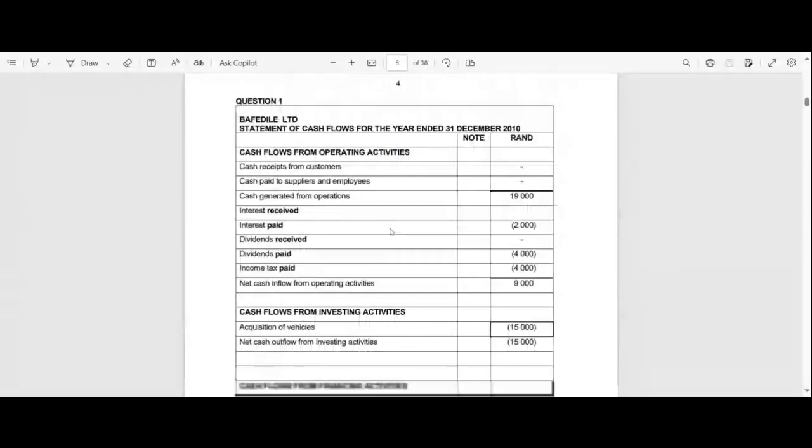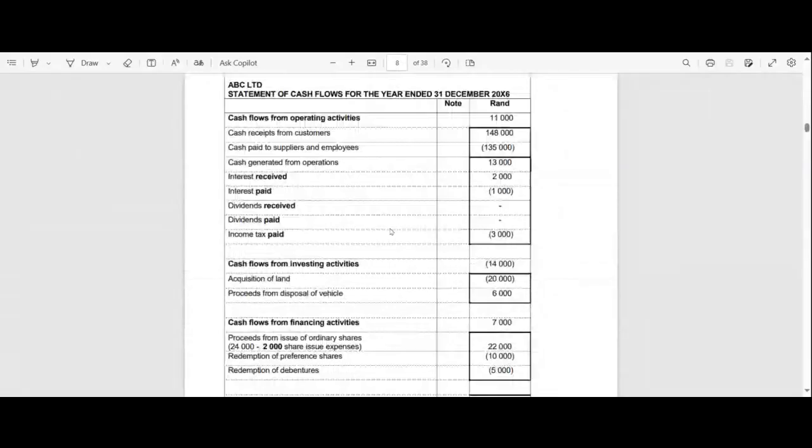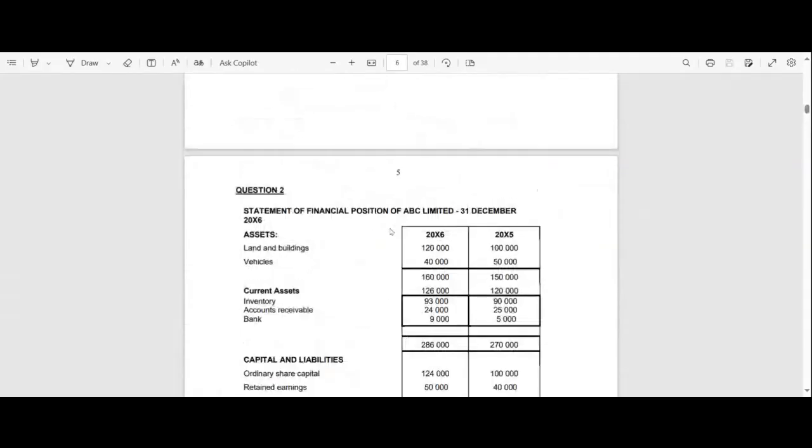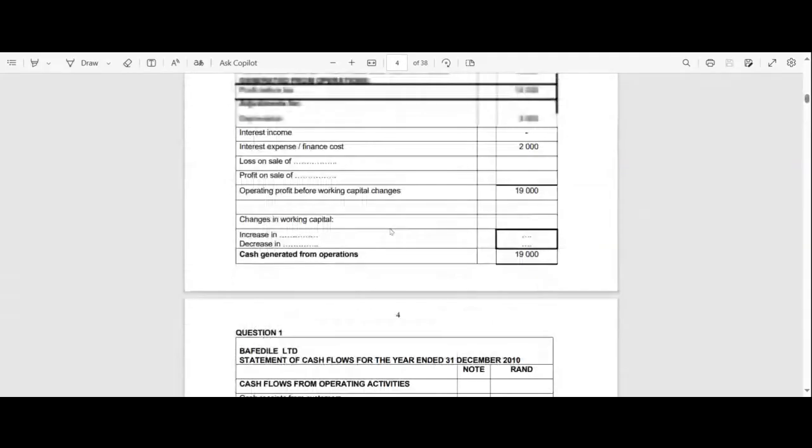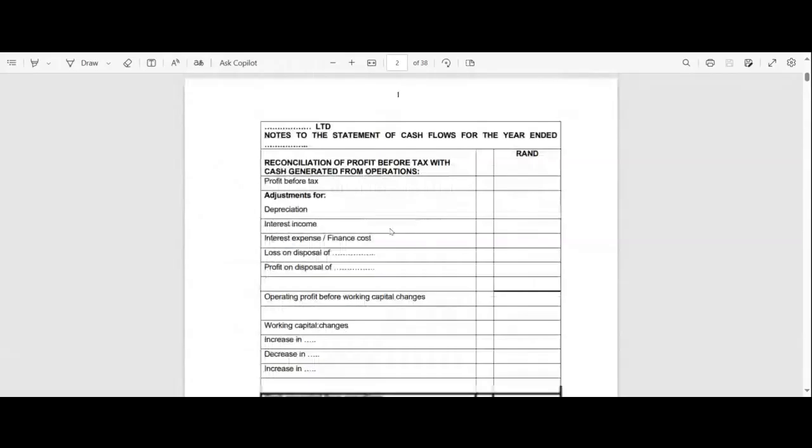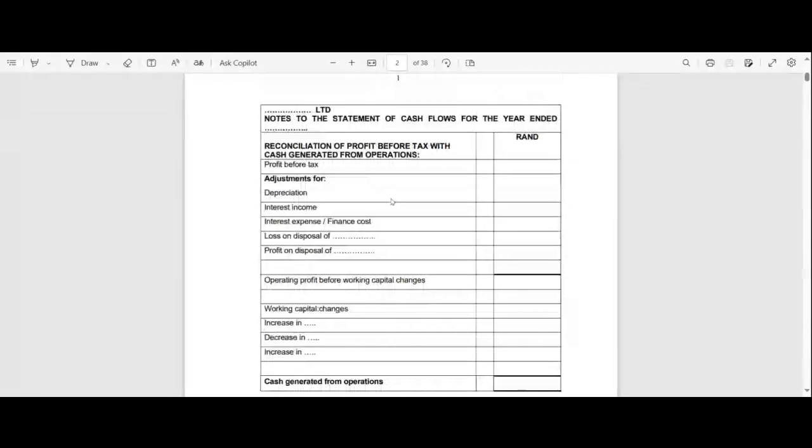It's really only when we start from question 3 onwards that we'll have to do what my old math teacher used to call mental gymnastics, where we'll have to be very fit and do some quite advanced calculations. Anyway, so this note, what we now use as the note, is the indirect method of presenting the operations subsection. Right. So how does this note work? How does this note work?